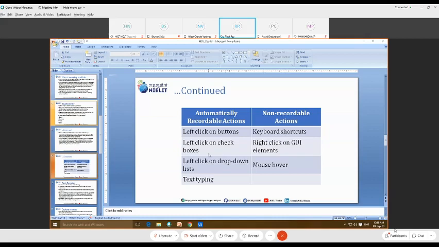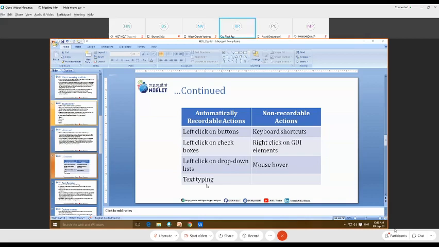Similarly, under automatically recordable actions, if you left click on check boxes, that is going to be recorded, and a right click on GUI elements is not going to be recorded. Again, the drop down list is going to be recorded, and mouse hovering, as I have already discussed, is not going to be recorded, and any text typing is going to be recorded.